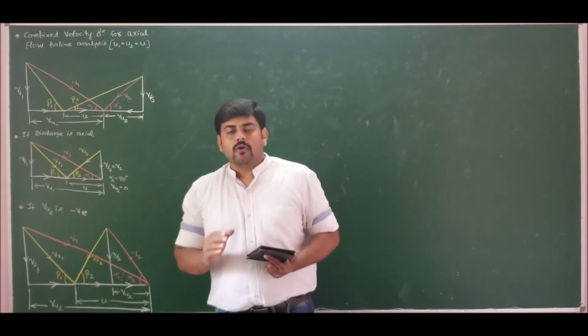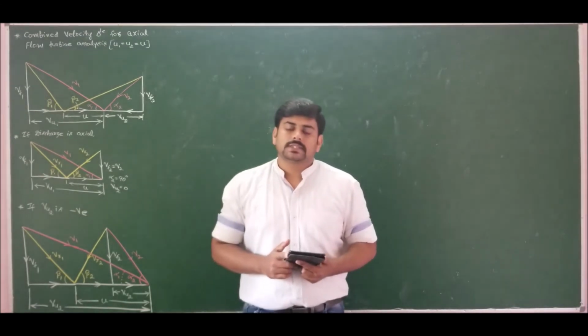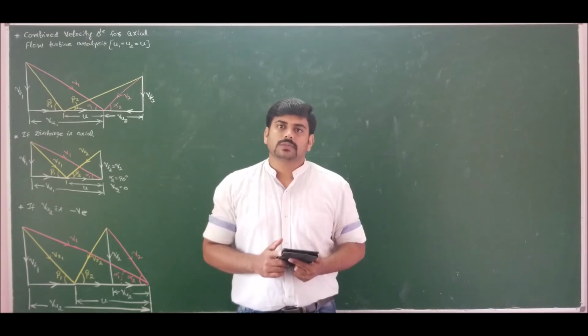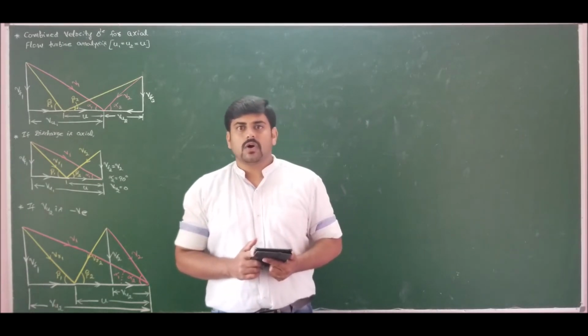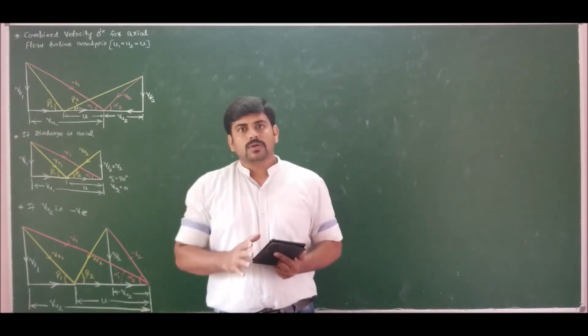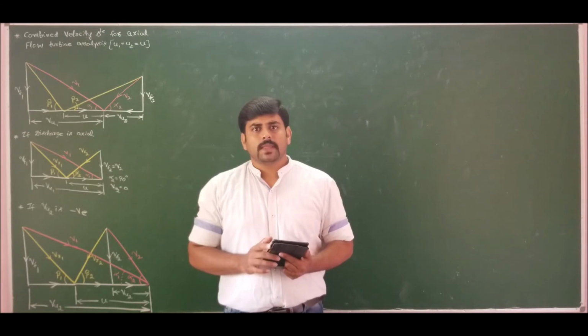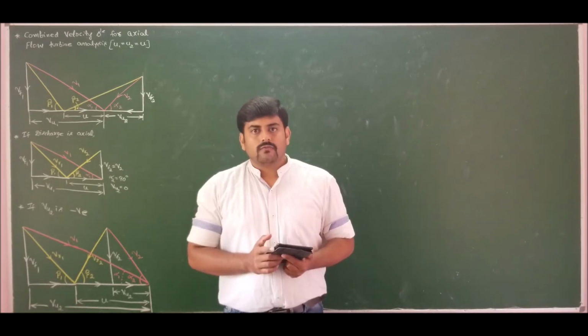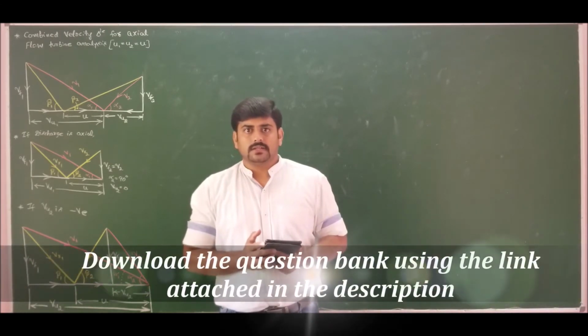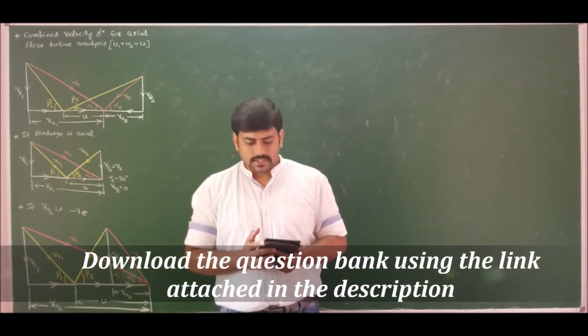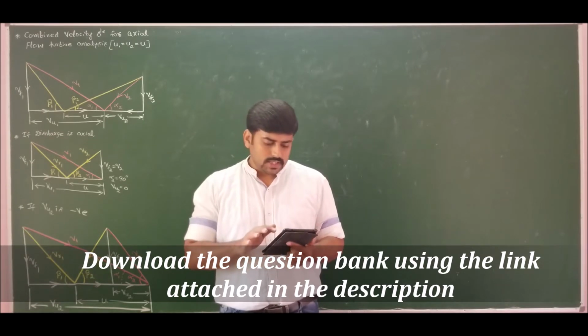Coming to the formulas, what we are going to employ to conduct analysis of steam turbines remains the same as what I discussed in lecture 6 of module 2, which is the most important lecture of this entire course. Look back at lecture 6 of module 2, that is prerequisites and velocity triangles, once again to refresh your basics, and with the knowledge of formulas and the combined velocity triangle, let us solve our first problem on steam turbine.